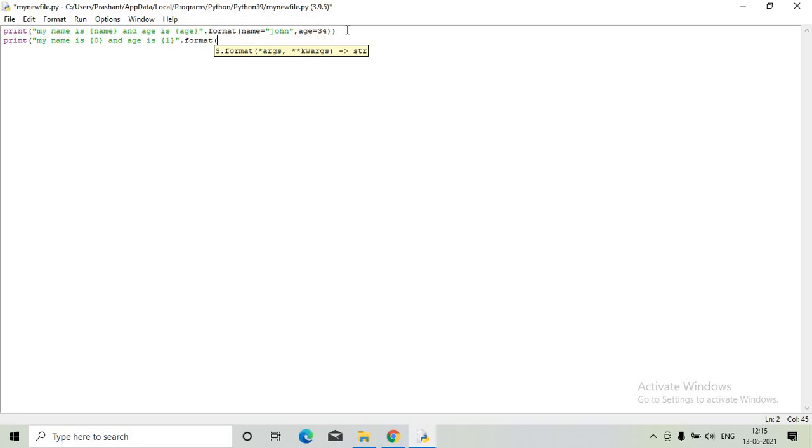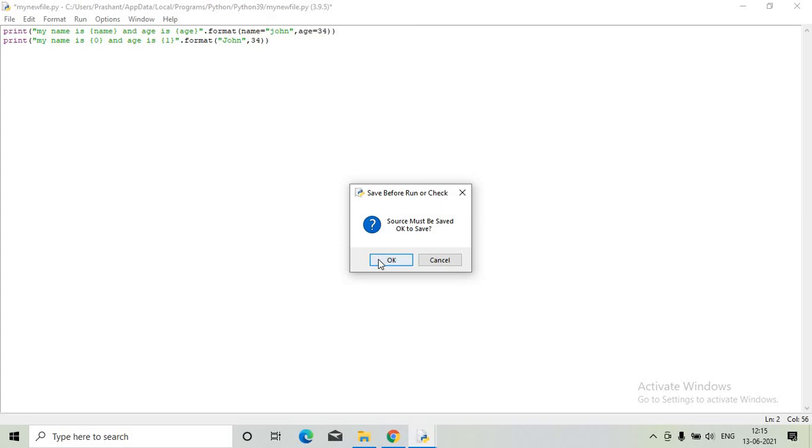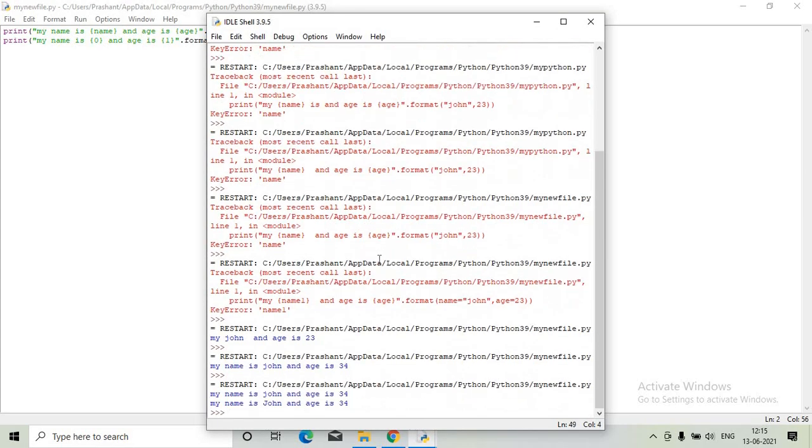What is the 0 here? The first thing we can have is the name over here and the age here. The same thing we are doing by having a numbering system. This message will be replaced with the options given in the format, and the same thing is displayed over here.